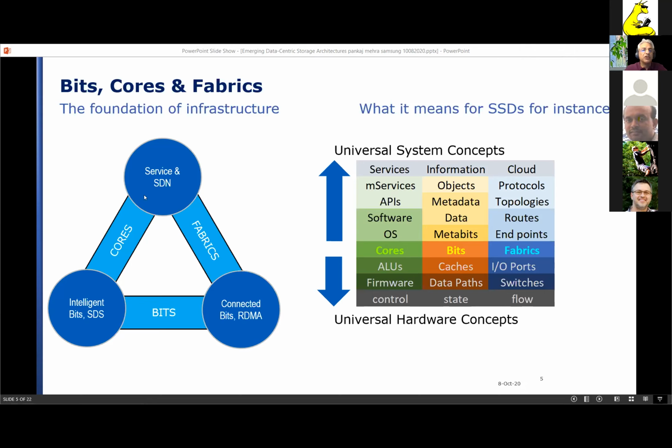And of course, pure compute gives you services and software-defined networking when combined with these ideas in other ways. If you home in on storage a little bit and look at how we thought about SSDs previously, in terms of universal hardware concepts, and then how we could think about this in the future, it's quite interesting.